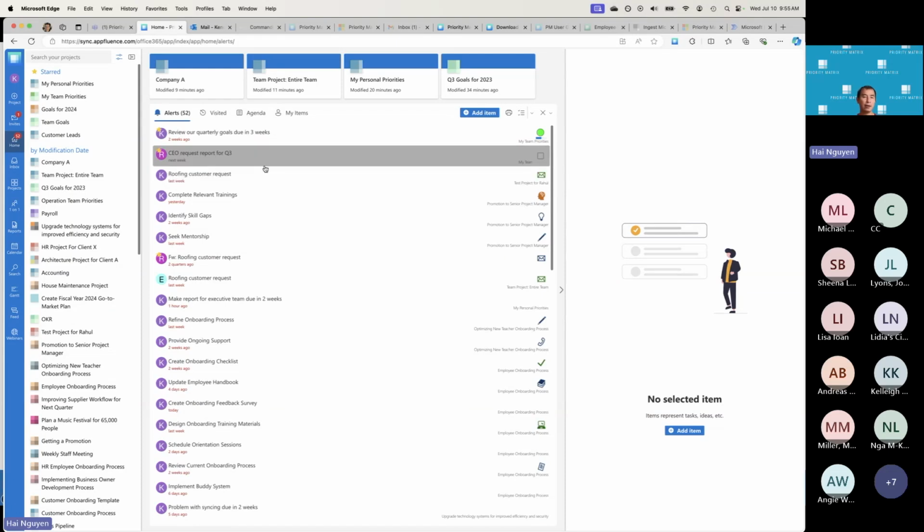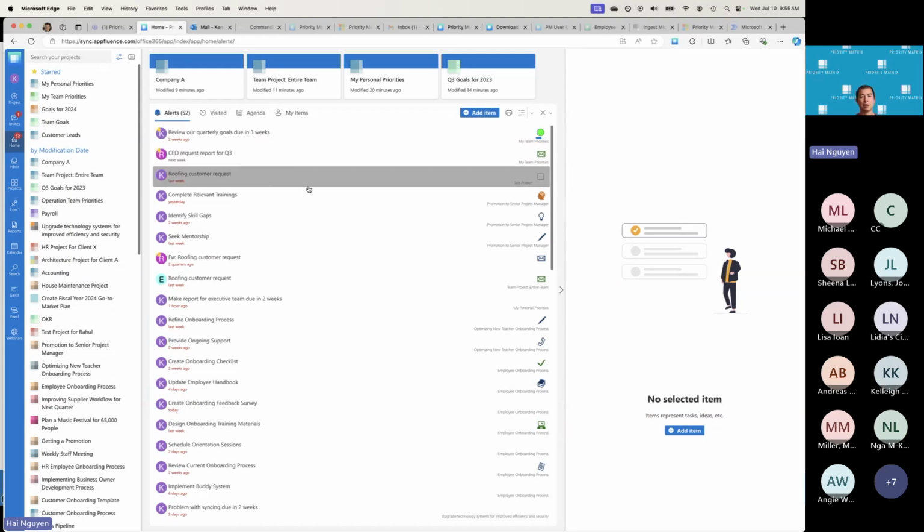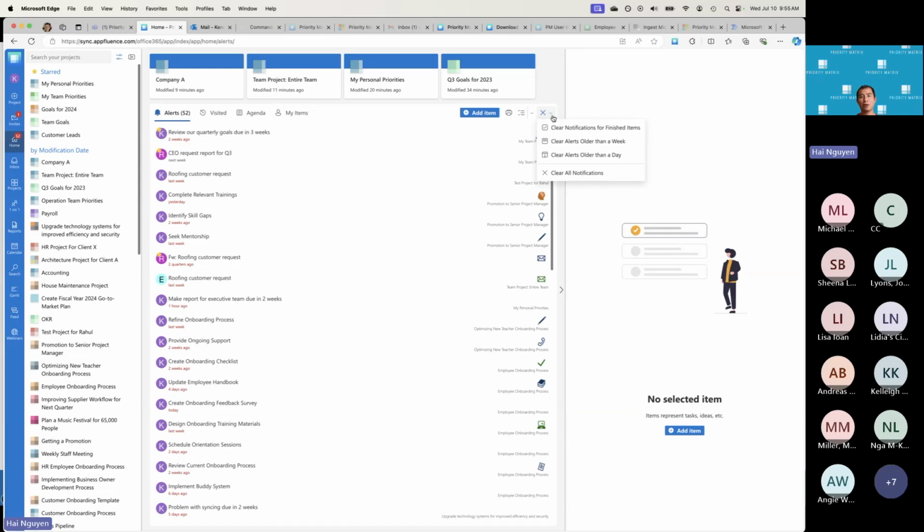When you look at the alerts here, you can click through each of these and see, okay, these are the things that are relevant, these are the things that are not relevant. One of the things you can do is clear all these notifications. I mentioned how important it is to set those recurring reminders, right? Imagine if a due date triggers and you click on the task and then you didn't do anything about it. Well, when you have those recurring reminders, it'll pop back up here over and over again